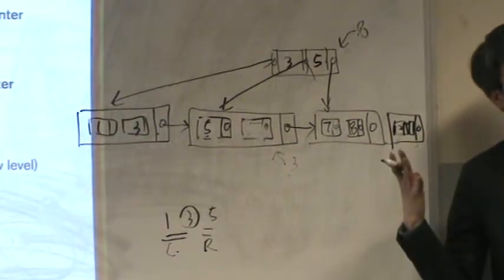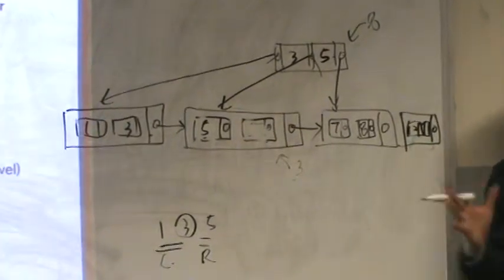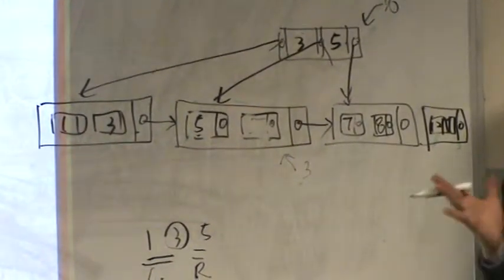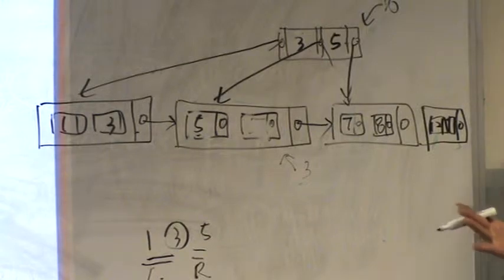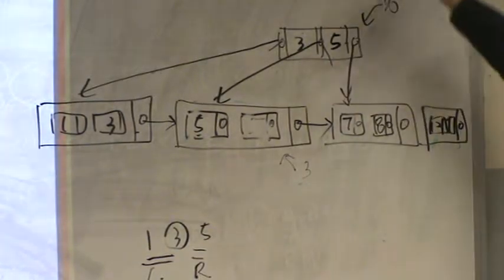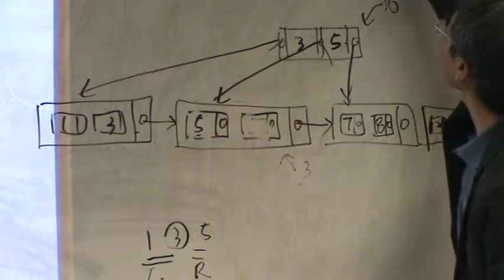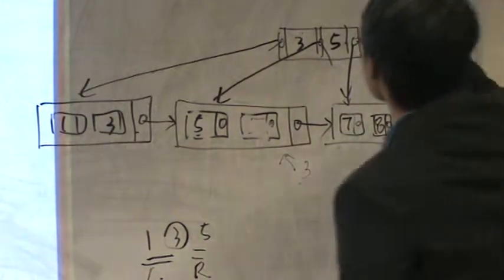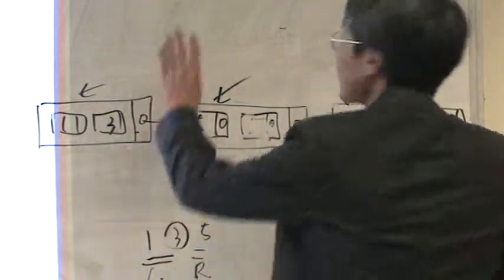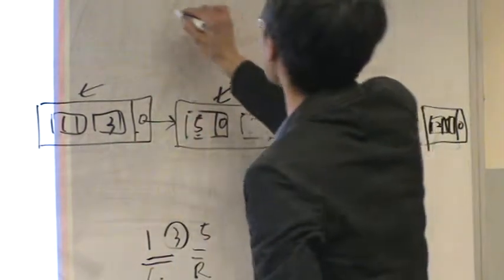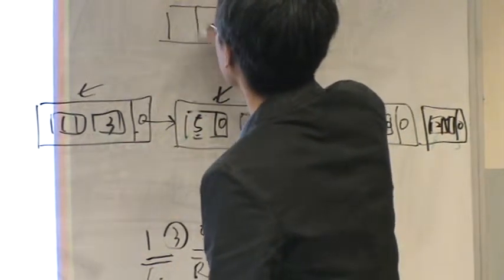Is there any space for 8? No. We can follow the same procedure as the B-tree index. So we have 3, 5, 8. Which one is the middle value? 5. So this is the, don't forget, be careful, these are the